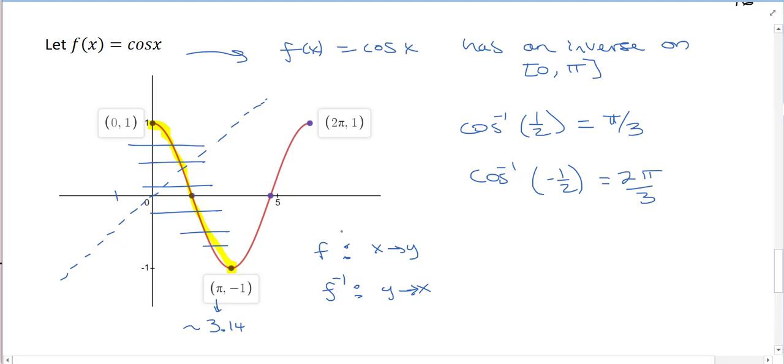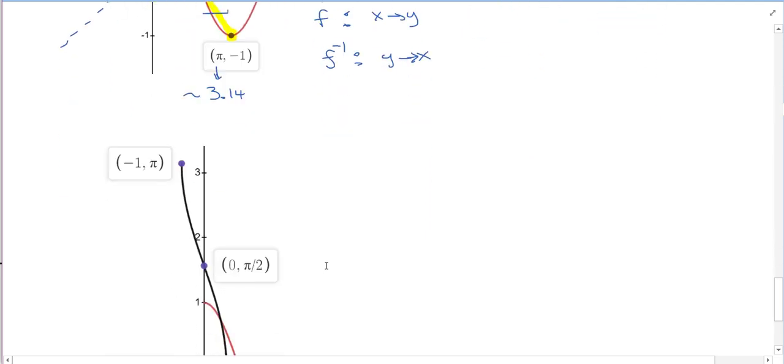So for f here being cosine, it takes pi to negative 1. So f inverse, cosine inverse, will take negative 1 to pi. So it'll be up here somewhere. So that's how I would reflect those. And so if you do that for every one of these points and reflect along the line y equals x, you're interchanging your x's and your y's,